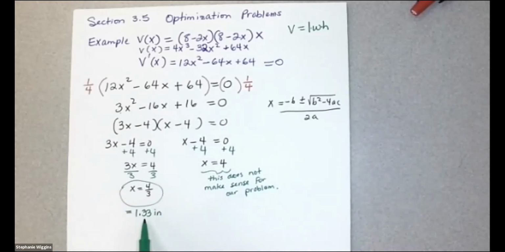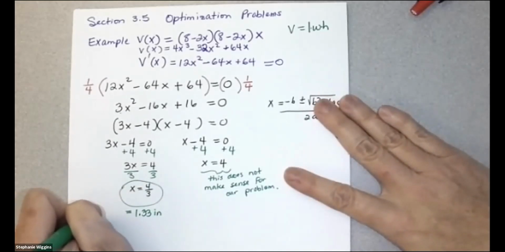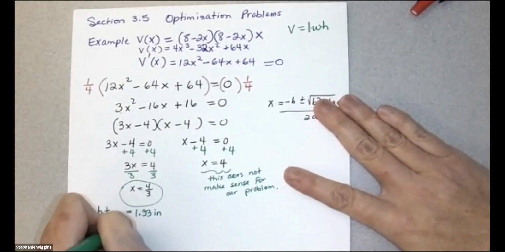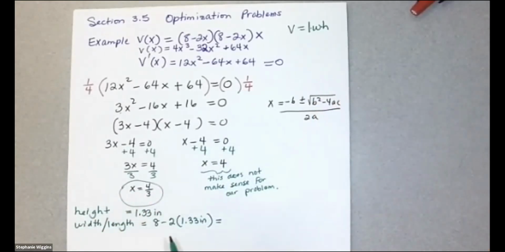And if the x is equal to 1.3 inches, so this is the height, the width, recall, and the length are both going to be equal to 8 minus 2 times 1.33 inches. And that is going to be 5.33 inches for each one. So the total volume, which is length times width times height, the maximum volume